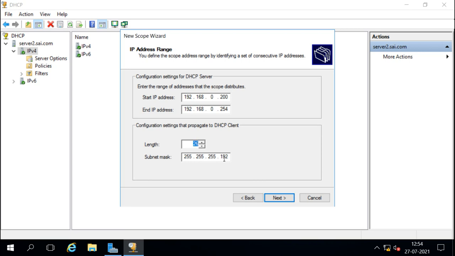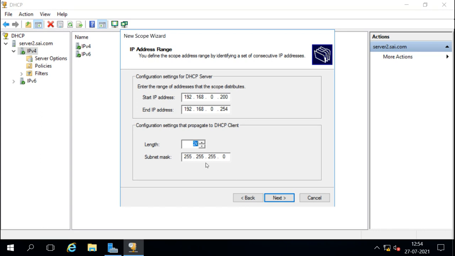If you have enabled other bits, the subnet mask will change accordingly. So you can decide the subnet mask for your department. If it is not subnetted, you can go for the default, and if it is subnetted, you can go for the subnetted mask.